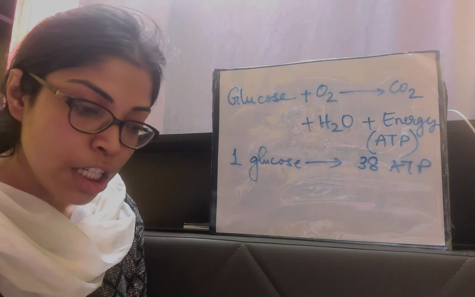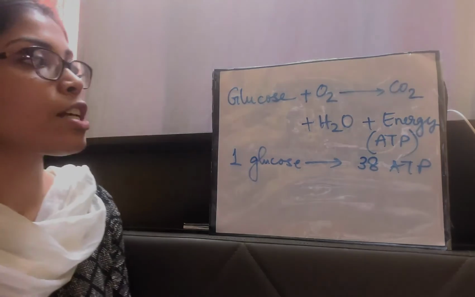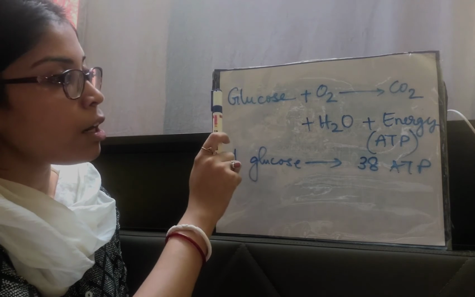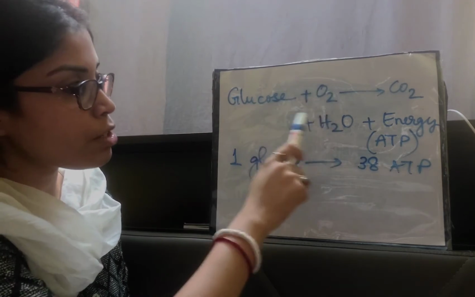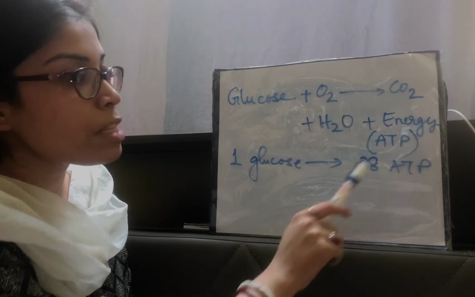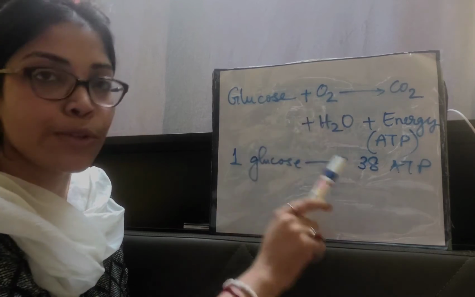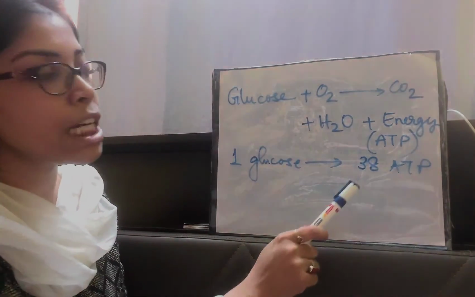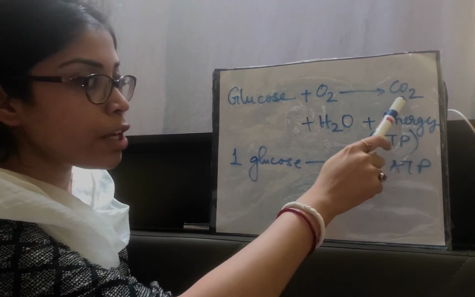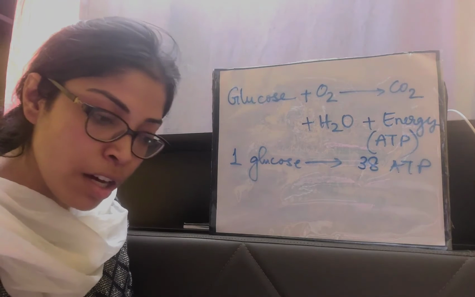Thus the process of conversion of glucose in the food to energy rich ATP molecules with the help of oxygen, during which carbon dioxide and water are produced as byproducts, is known as respiration. So basically glucose combines with oxygen, that means in the presence of oxygen it breaks down and forms 38 molecules of ATP. This is the actual product of respiration. Along with that, two byproducts are also released, carbon dioxide and water, and this is the whole mechanism of respiration.